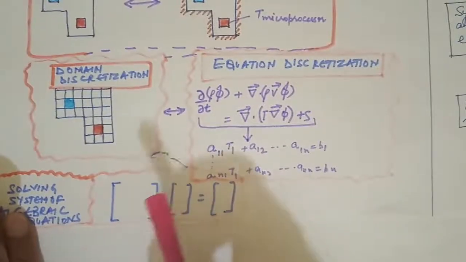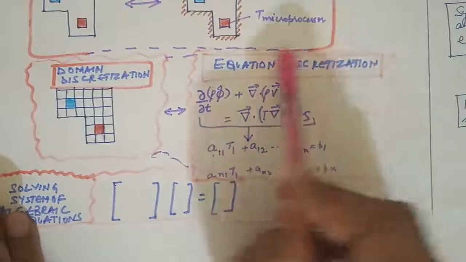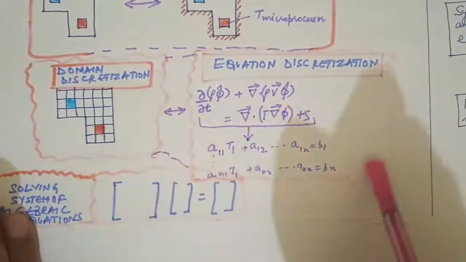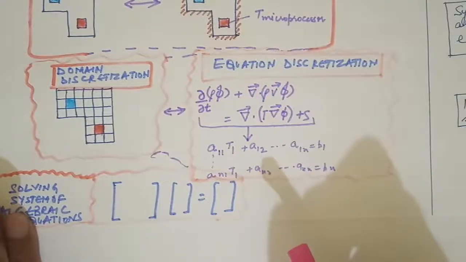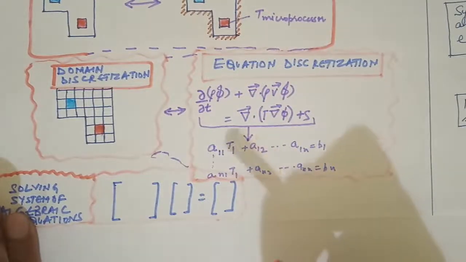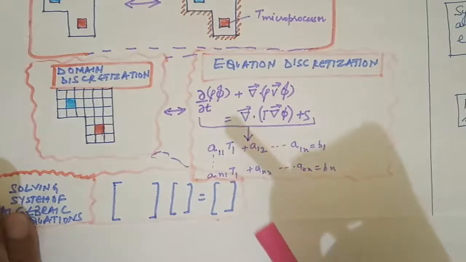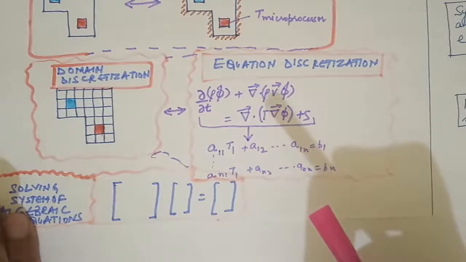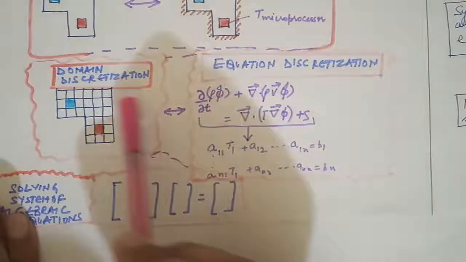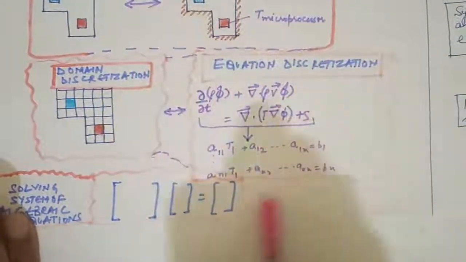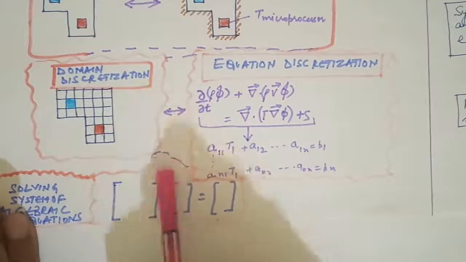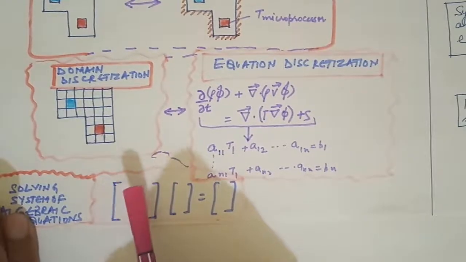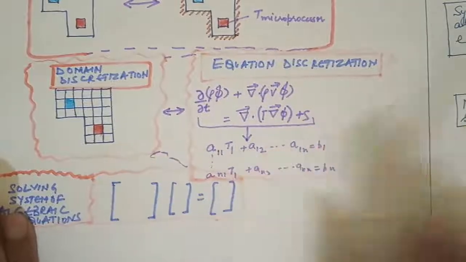So it is essentially this lower part that forms the basis for different discretization methods that are famously known as finite element method, finite difference method, and finite volume method. So it is the combination of these three that actually differentiates what kind of method it will eventually result in.